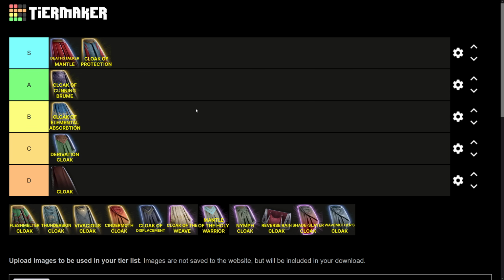The Fleshmelter Cloak. This item kind of annoys me because it has such a metal name for such a minor effect. The Fleshmelter Cloak deals 1d4 acid damage to any enemy that hits you in melee. And specifically, you have to actually take melee damage from them, that you have to take hit point damage in order for them to receive the 1d4 acid damage,